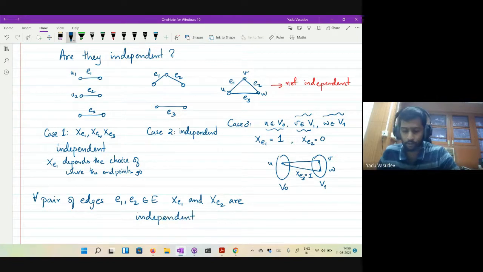This is definitely true for these random variables: if you take any two edges E1 and E2, then Xe1 and Xe2 must be independent.